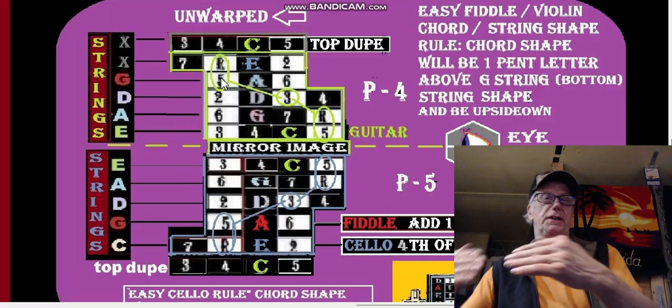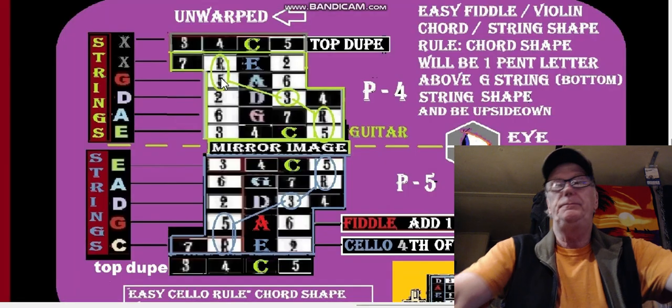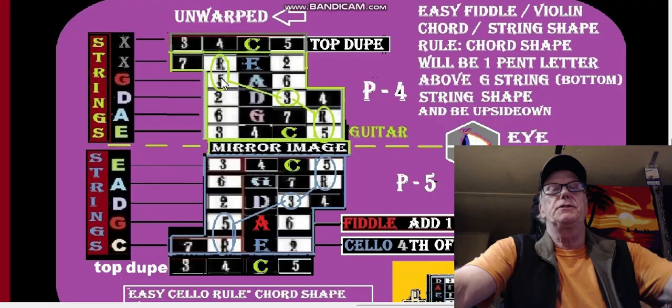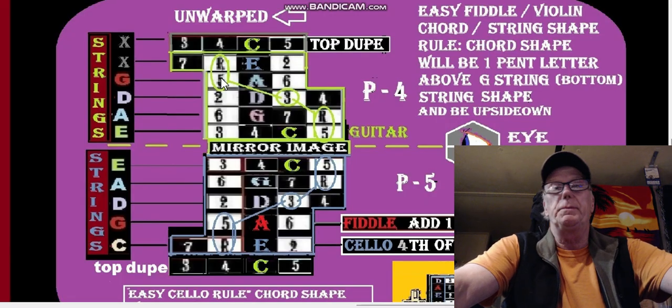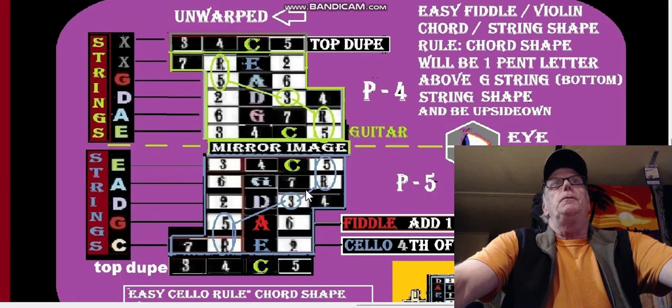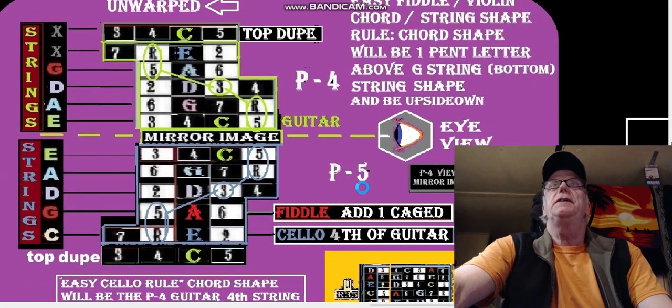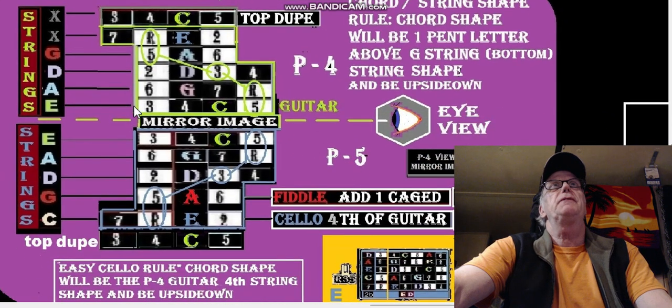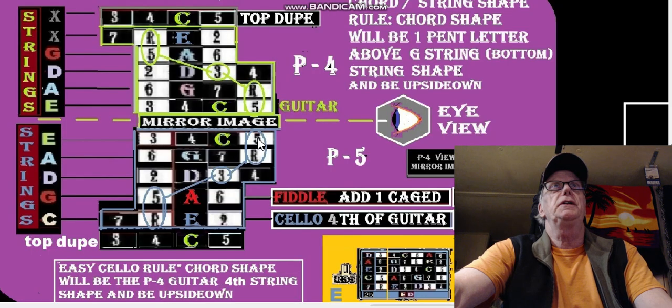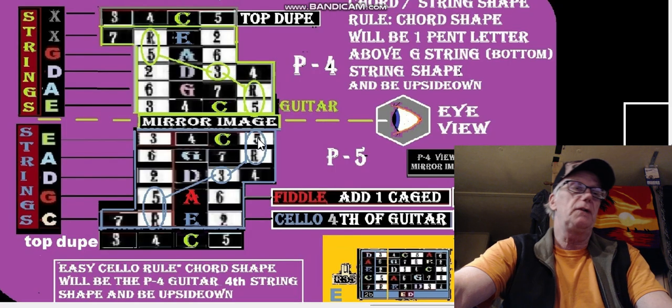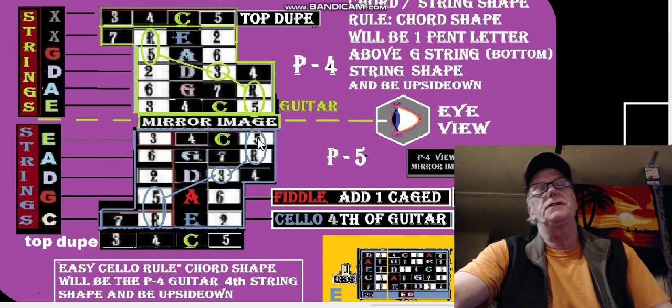It hasn't gone into any skew shapes or shape modification or warping of shapes. The rule with the string shapes is, if we have a C string shape down here, which is the bottom string of our guitar, that's going to be the top string of the cello, of the fiddle actually, but of the 5-string CFV tuned guitar, which I have explained in previous